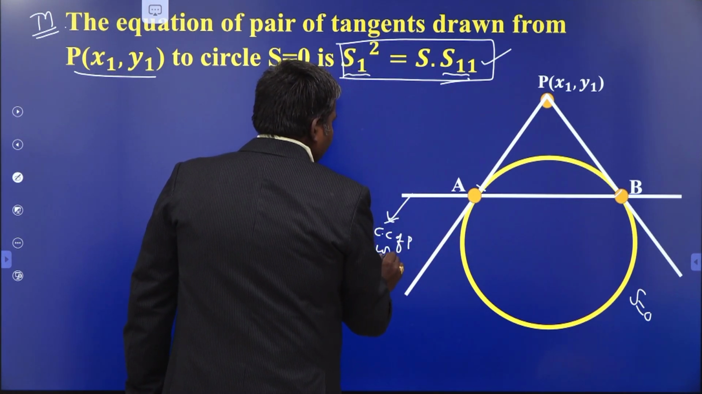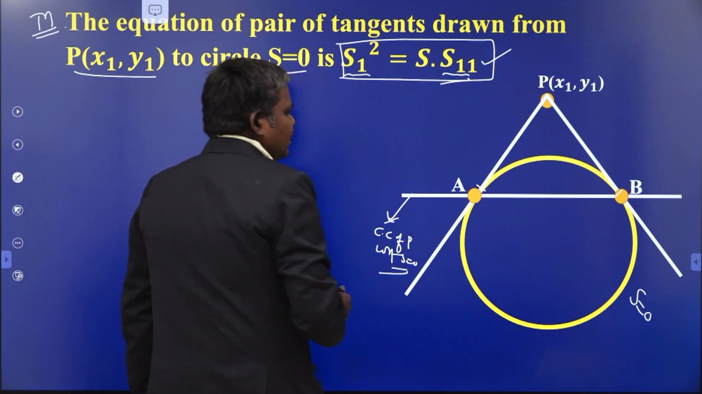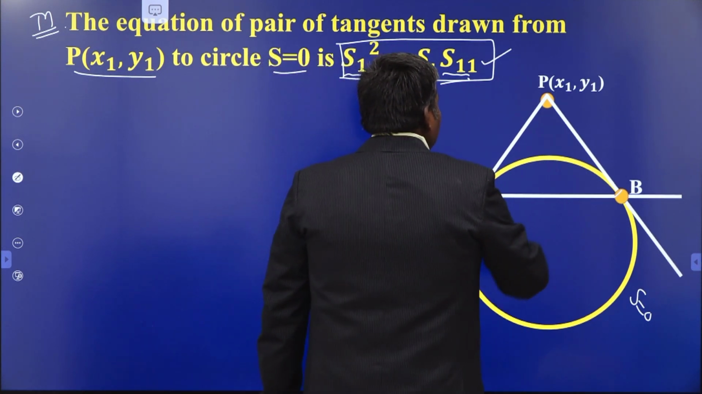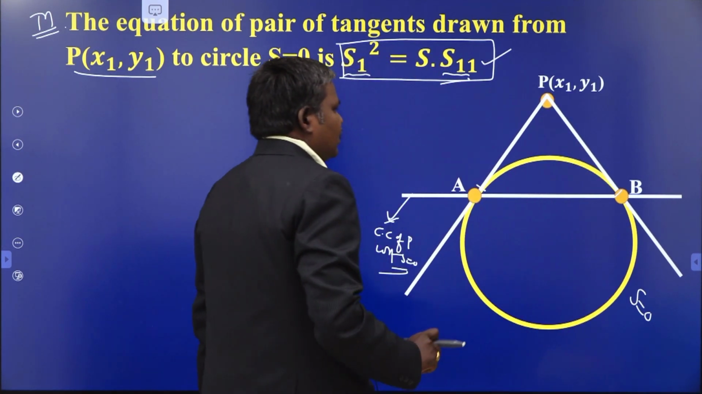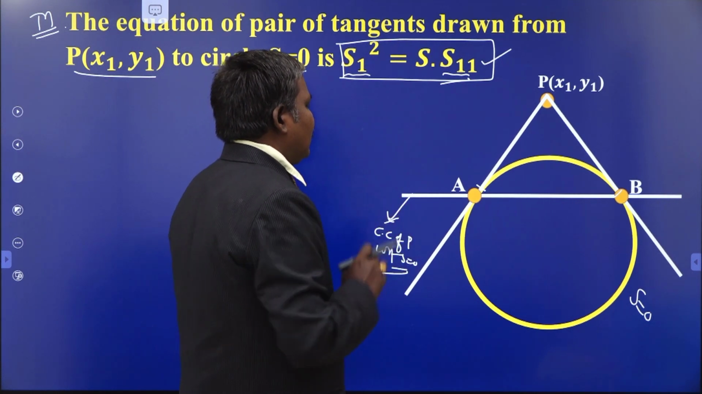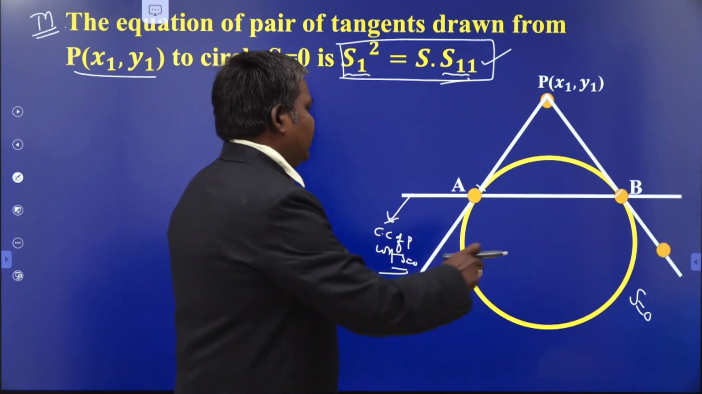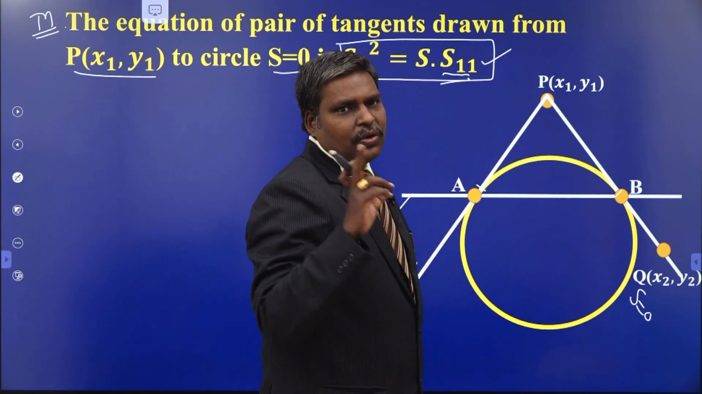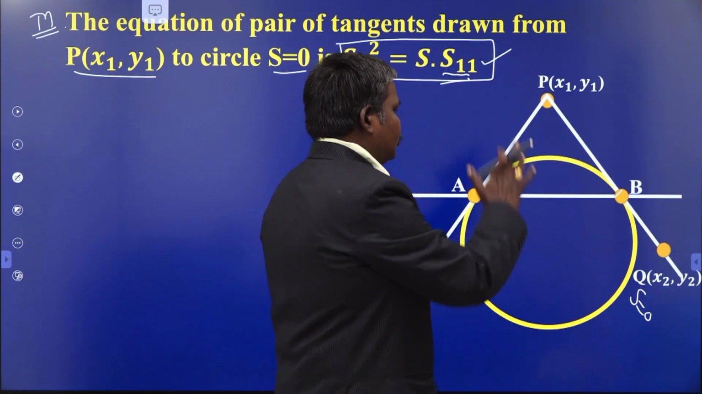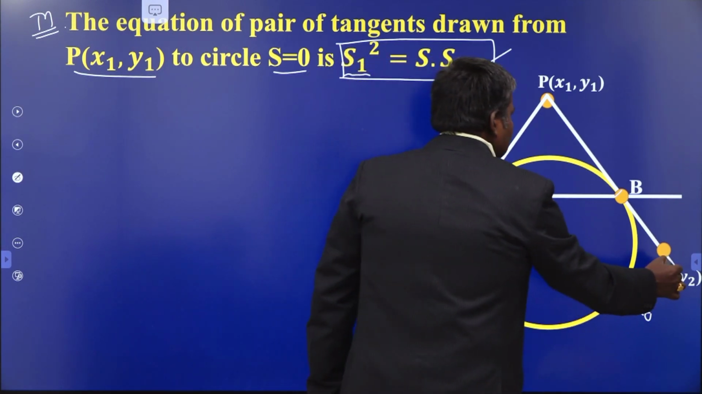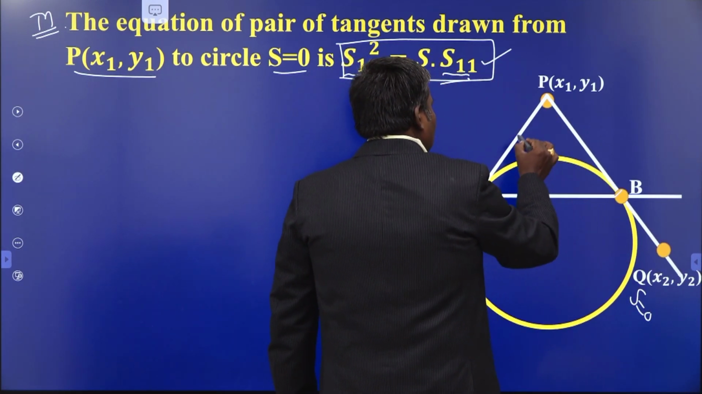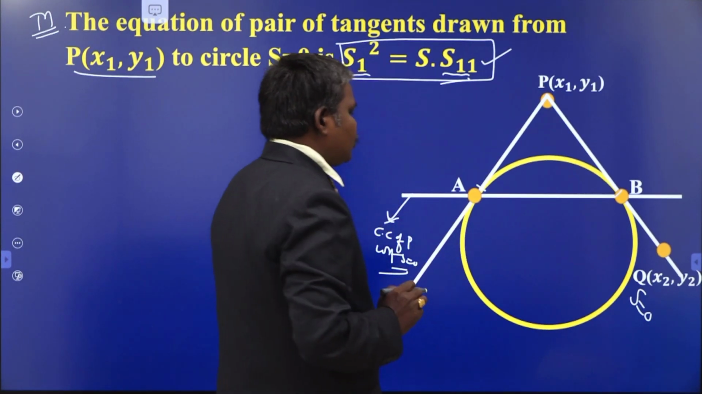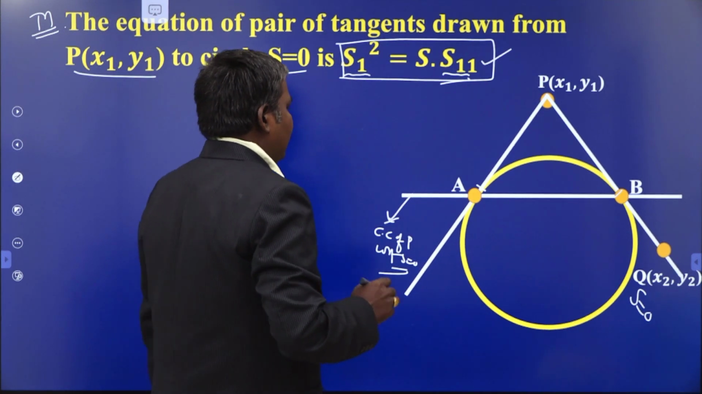The chord of contact of P with respect to the circle S = 0. Now what is your target? You have to find the equation of the pair of tangents APB. That is why you have to take some point on the pair of tangents. So this is a point on my locus, say Q (x2, y2). Your point is moving on the pair of tangents. You collect all such points, and we get the equation of the pair of tangents. So let Q (x2, y2) be any point on the pair of lines